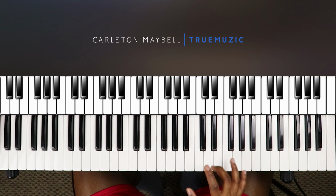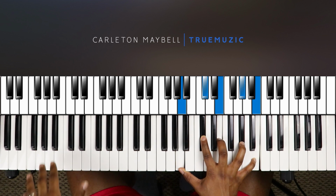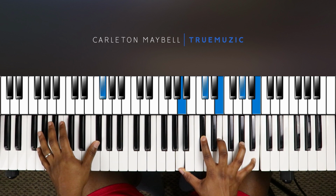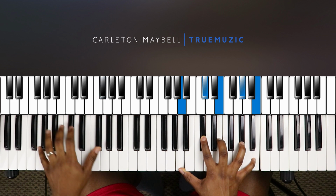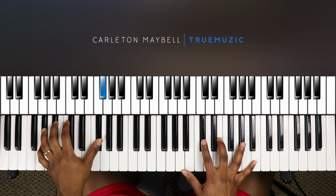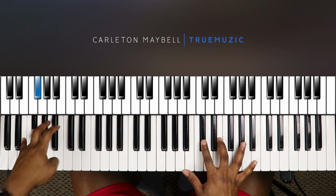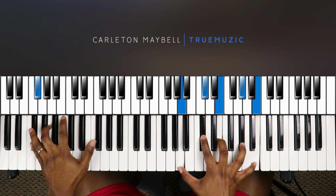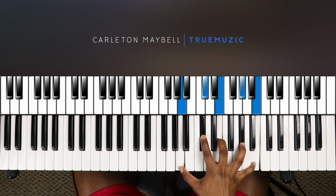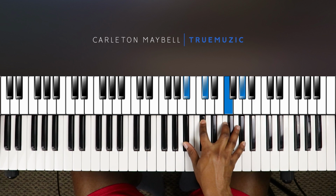What you're going to do, your first chord is still the same. It's still your F sharp minor 11. But your left hand is going to hit this F sharp down here, and it's going to walk it down. So you're going to go on your F sharp, then you're going to hit a C sharp, then you're going to hit an A, then you're going to hit an F sharp. So you're going to go. Okay? Then your right hand hits this A to lead you into your second chord,